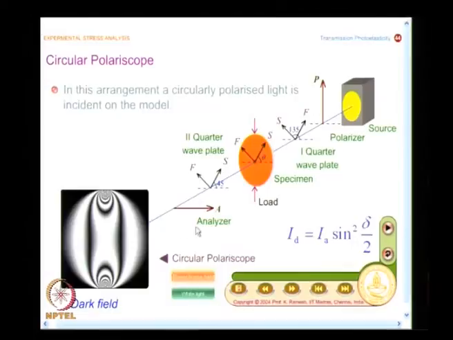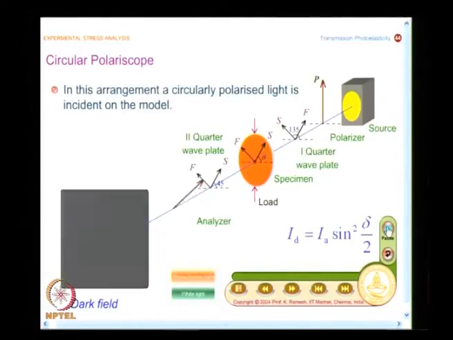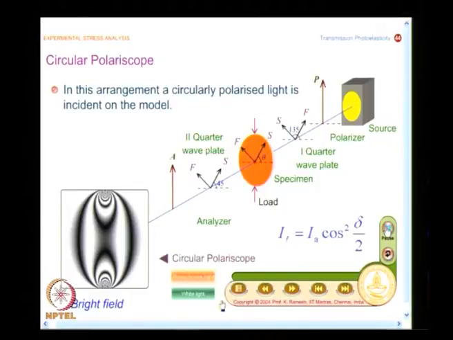And what happens when I keep the analyzer vertical? I see a background light, the background becomes white, because we have seen that when a model behaves like a full wave plate, it comes out as linearly polarized light. Earlier the analyzer was kept horizontal, so the light was cut off.